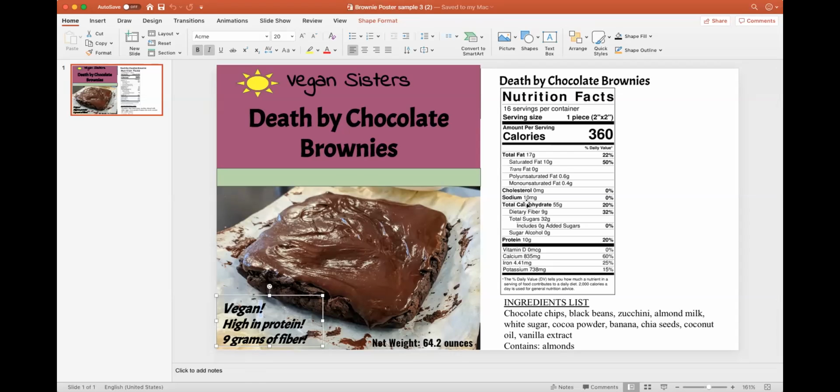Now, to declare fiber, there's a requirement with a maximum amount of fat a product can have per serving to propose that it is a high fiber food. So I would double check that. The net weight, they have it listed in ounces. Of course, it's not correct. So again, I'm telling you,